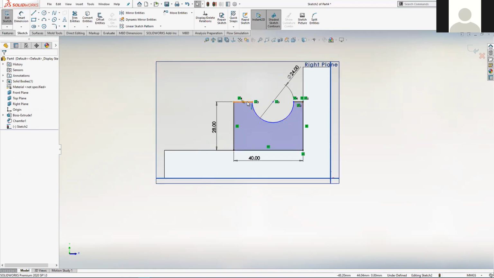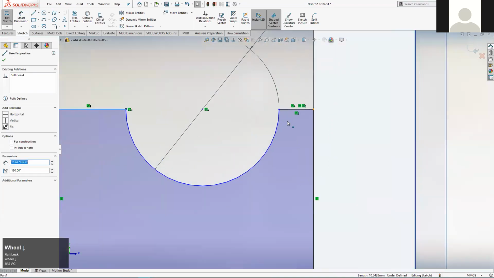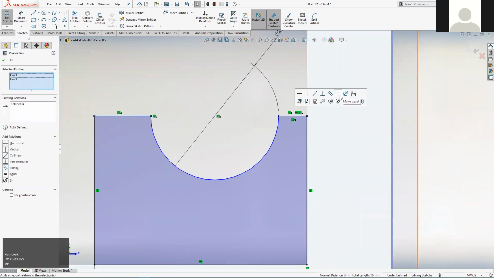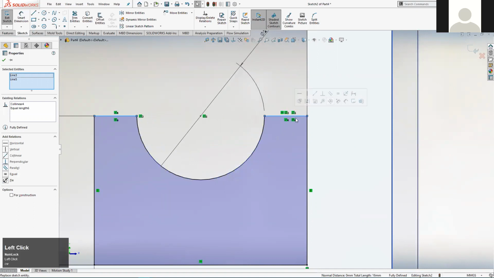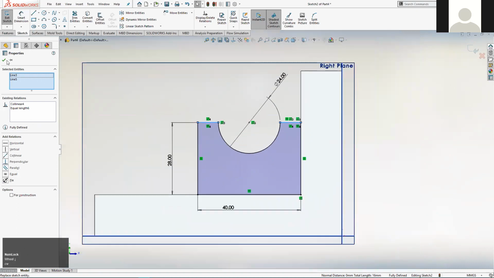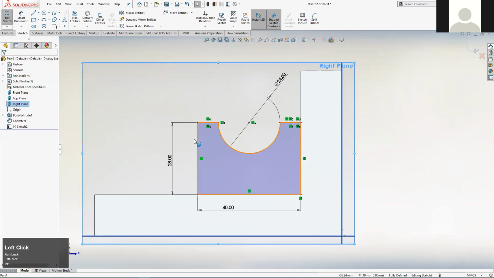So we've done this once already in the other sketch. So if you pick one of the edges, maybe zoom in a little bit on the other one, hold down Control, pick that one as well, and it's that equal sign which represents the equal relation. And then you can see that's been entered as a green approved relation for both those edges, and it looks like the sketch is fully defined. So yeah, all the blue lines and points have turned to black, and it says fully defined at the bottom there. So we can exit that sketch